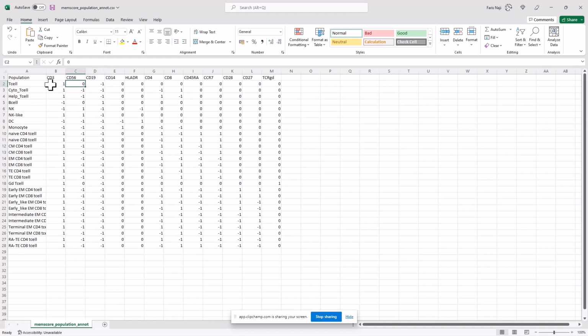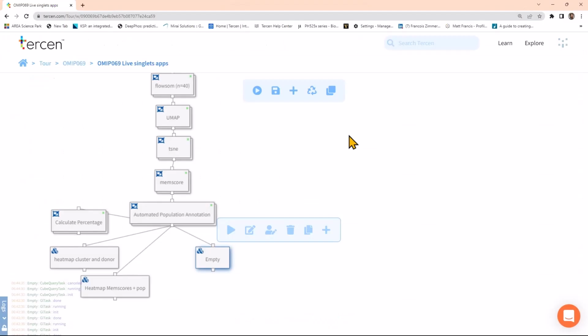So in this case, CD56 is not important for the T cell definition. And the immunologist fills out such a file and uploads it to Tercen, and the algorithm will use this information to go through each cluster. In our case, there were 40 clusters, and give a population name to each of the clusters based on this definition here. Okay, so I'd like to show you how interactive Tercen is in terms of building up these visuals